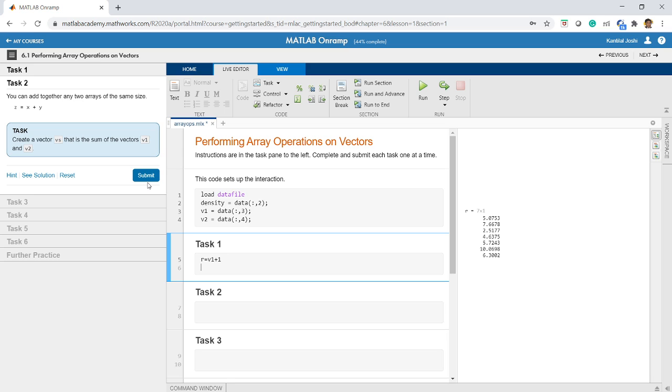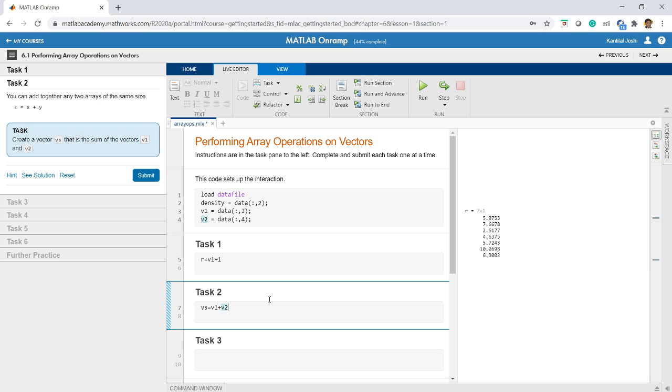Now it is asking us to create a vector Vs, that is the sum of vectors v1 and v2. So I want to create a new matrix Vs, which is the addition of matrices v1 and v2. Now v1 and v2 are both column matrices, that means column vectors. That means they are having only one column and same number of rows.